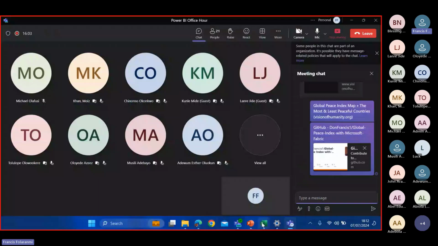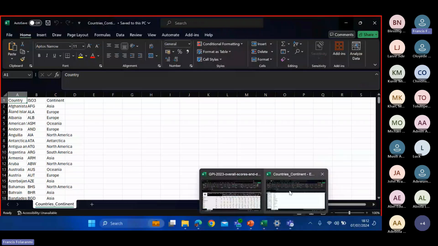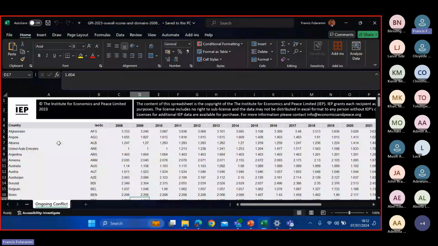So before I continue again, I just want to give us an idea of what our data sets look like. So these are the data sets. We have various countries. We have the ISO 3 code and also the Global Peace Index. Again, remember I had mentioned on the website that the index is measured on how peaceful it is, weighted on a scale of 1 to 5. The lower the score, the more peaceful the country is.